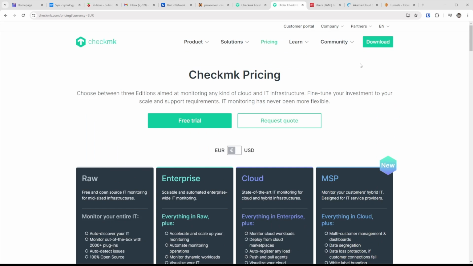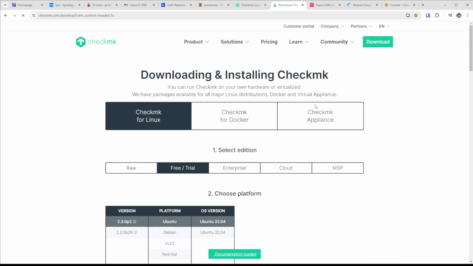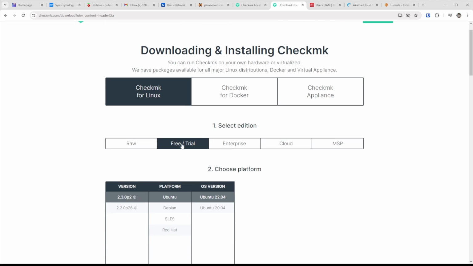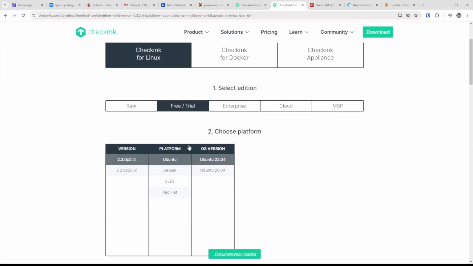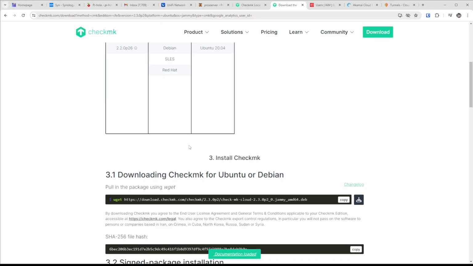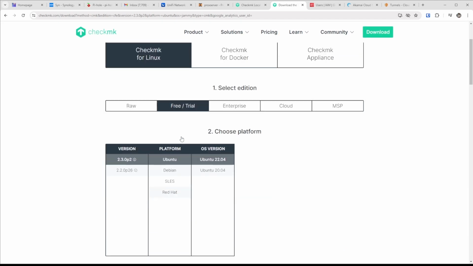To download, you're gonna click download here, and we're gonna go to Checkmk for Linux. We're gonna do a free trial. This is the Enterprise version. If you do the Enterprise version, you will have to pay for it, but the free trial is gonna allow us to download and try it. So we're gonna go ahead and click Ubuntu